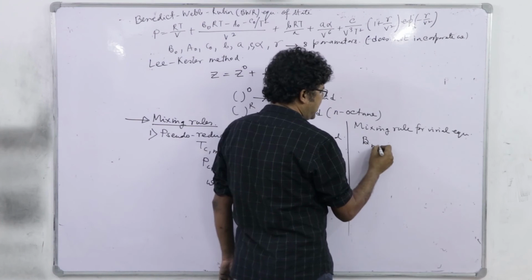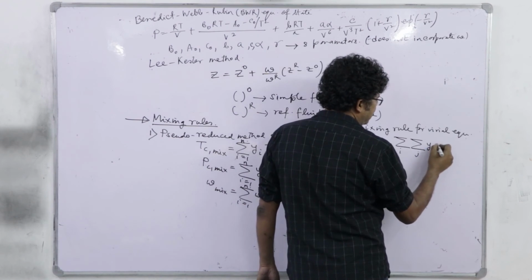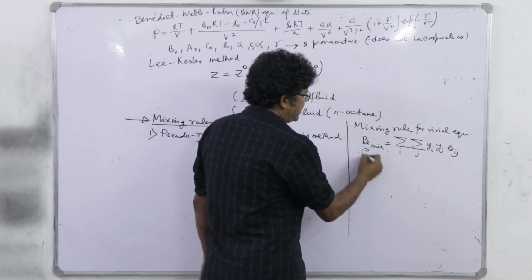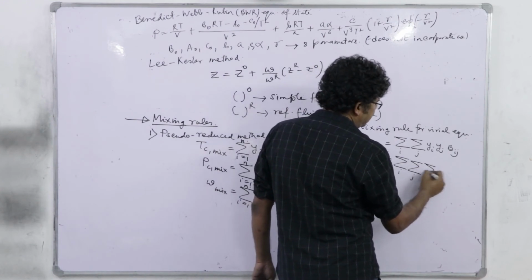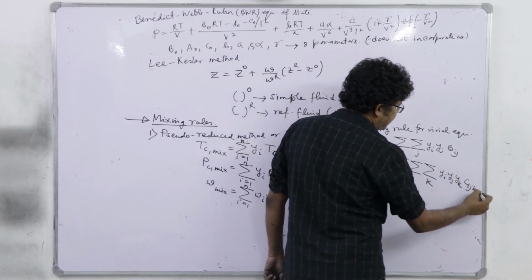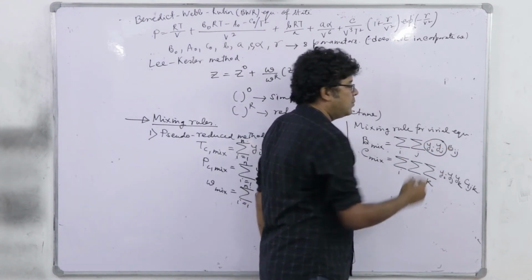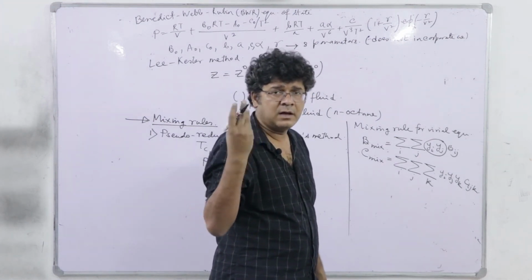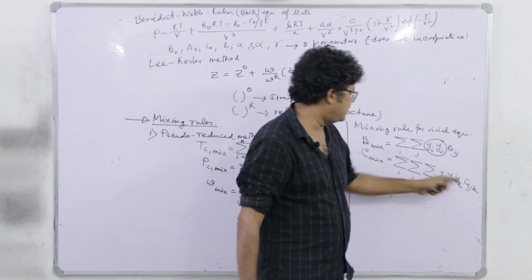So, you see that B mix, which we will majorly use, is summation of i, summation of j, yi yj Bij. Similarly, C mix, though it is rarely used, is summation of i, summation of j, summation of k, yi yj yk Cijk. As this is a two body interaction, yi yj is what? The probability of getting ith and jth species molecules, or having interaction. And this is a three body interaction.